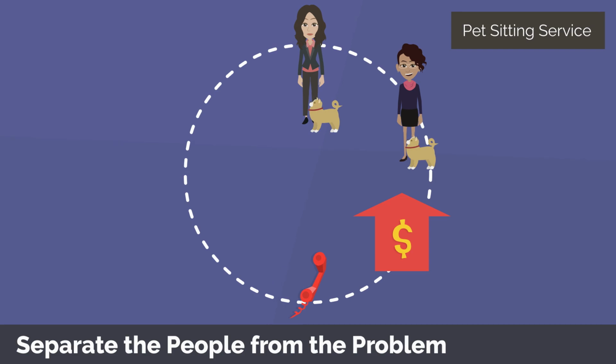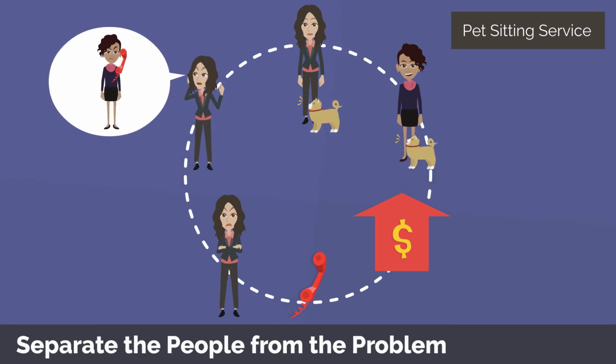Later, when I talked to my friend Liz, who also uses that pet sitting service, she told me they gave her a discount. How would you approach the next time you needed a pet sitter? You could say, "Screw this, she lied to me. I'm never using the service again." You could call them, as usual, but be passive-aggressive, or maybe even aggressive-aggressive. And maybe they wouldn't be able to help me out the next time I had an emergency or a trip with short notice. But does that really solve the problem?